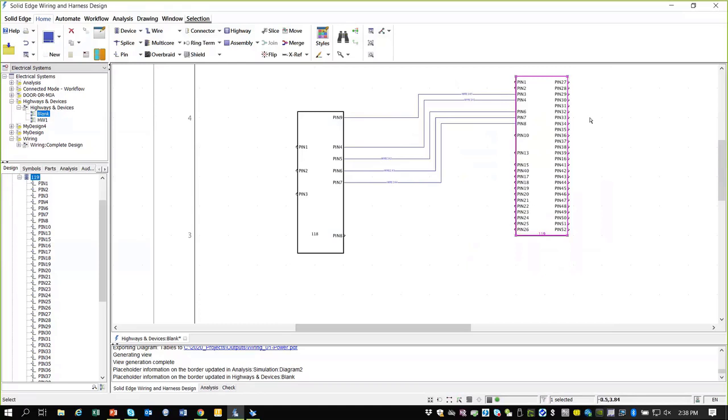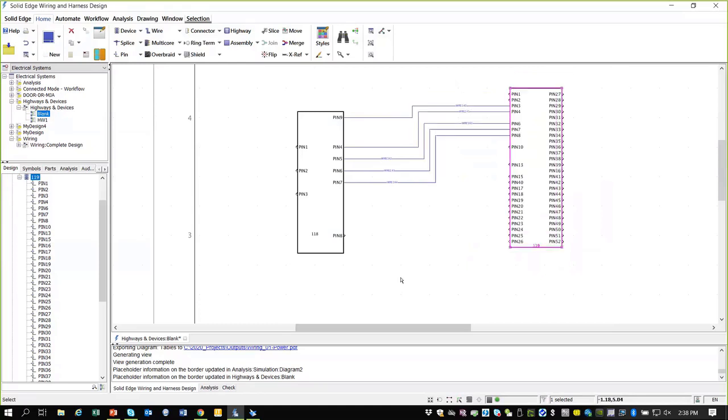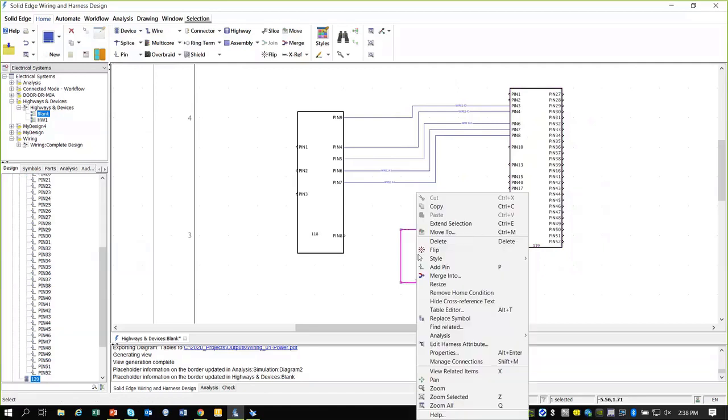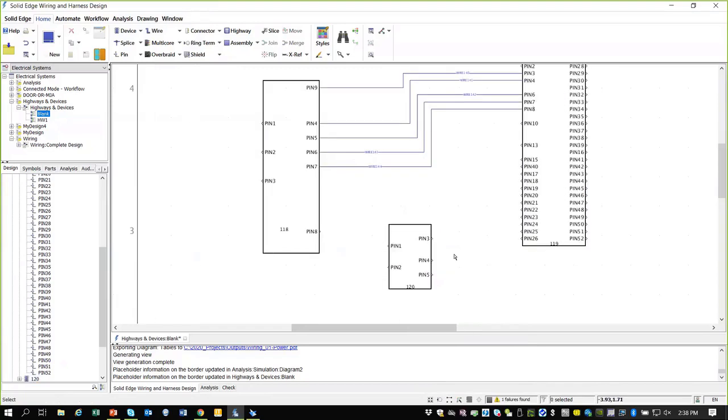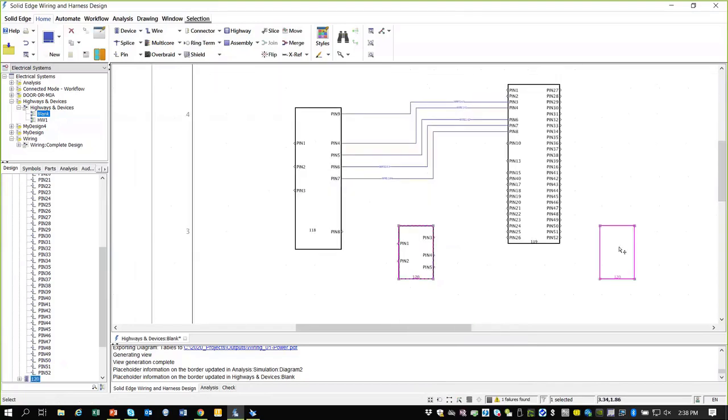Looking real nice. I want to show you one other simple case here. Let me just do a device here that's not very big. And we'll just put a few pins on it, maybe 4. Add pins, 1 or maybe 5. Okay, there's a pin, it's a device, and eventually you're going to come back to it, and you want to